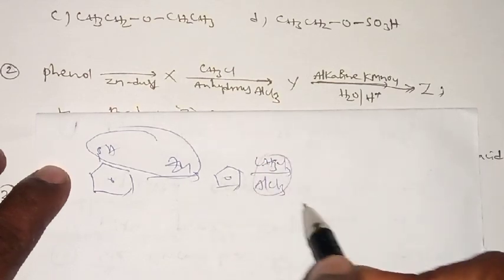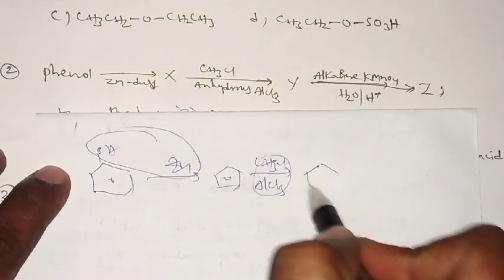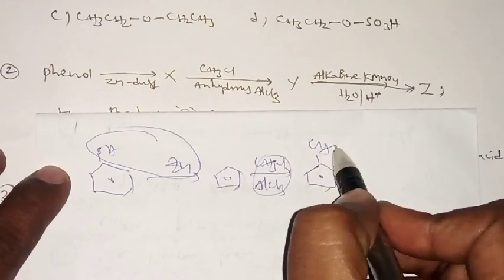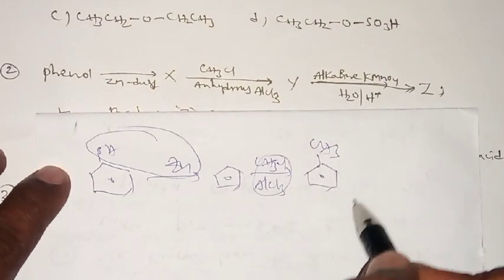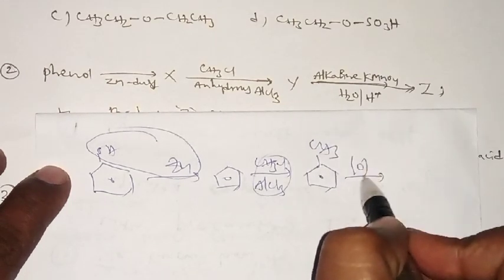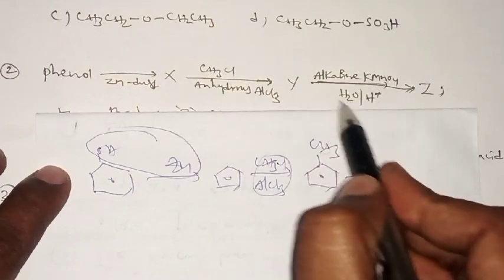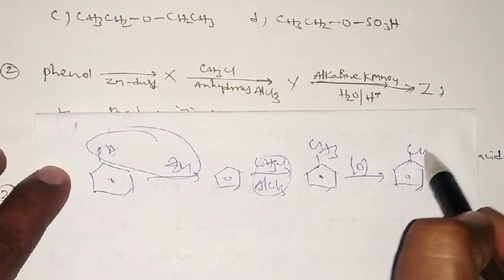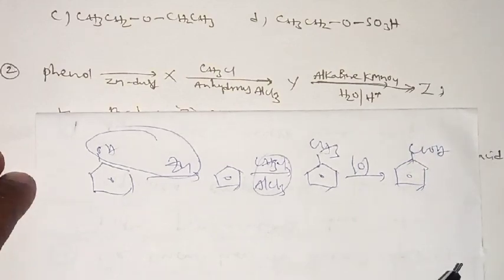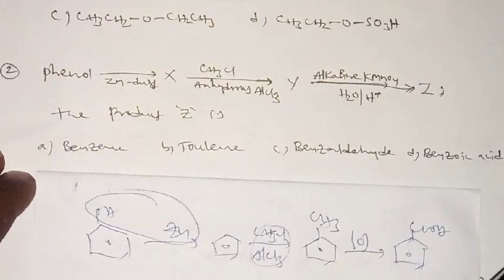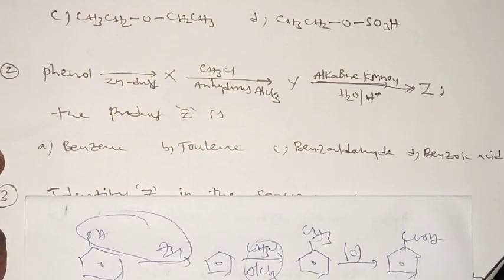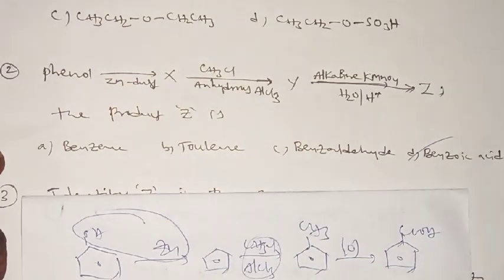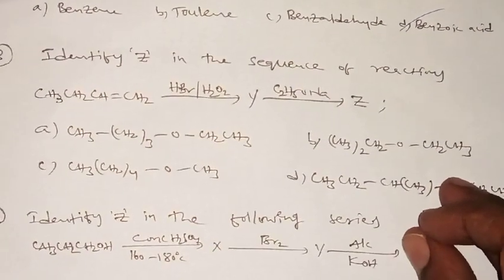What is the nature of this reaction? Alkylation takes place. Then what happens here? You'll get methyl benzene, or toluene. It undergoes oxidation. What is the nature of this alkaline KMnO4 oxidation? It gives the corresponding COOH. Is it clear? Very simple. Then what is our answer finally? Benzoic acid. Is it clear? Right. Look at the next question.